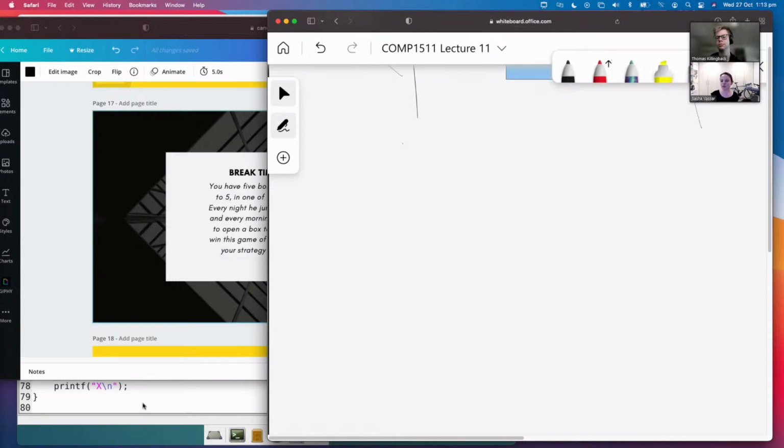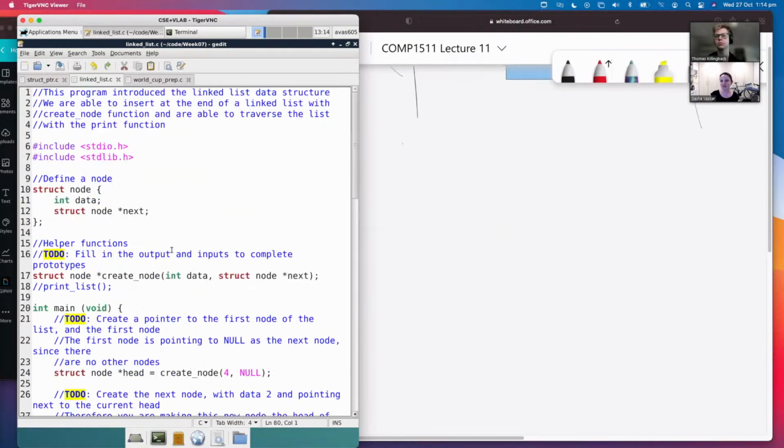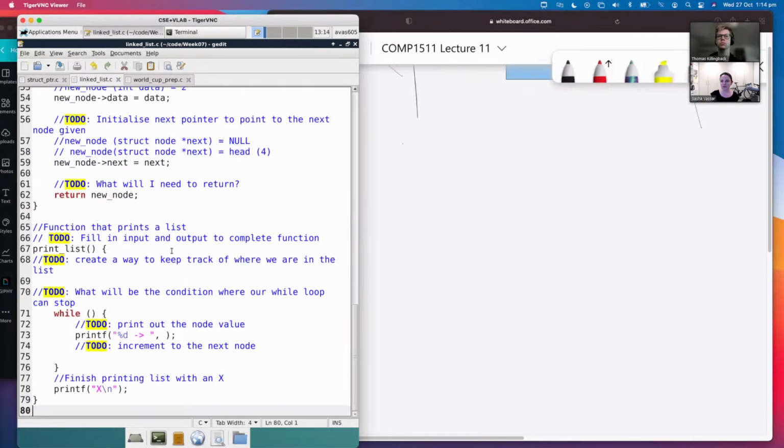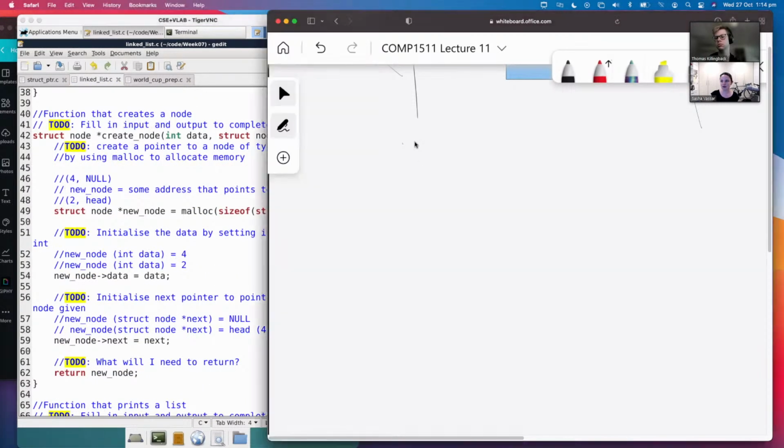Okay, I wanted to run through the code with drawing it to show you the benefits of drawing this lovely thing. The first thing we're giving our create node function is a 4 and a null. So the first thing I'm giving is a 4 and a null, and I'm sending it to create node. The first thing that happens is that I take that data, and then